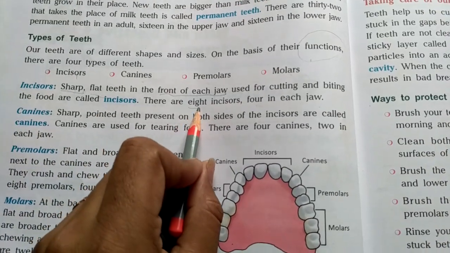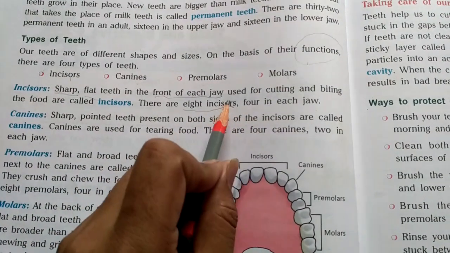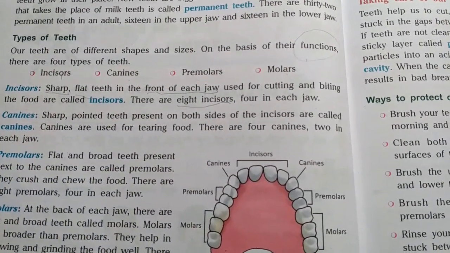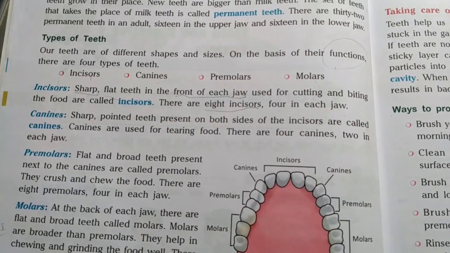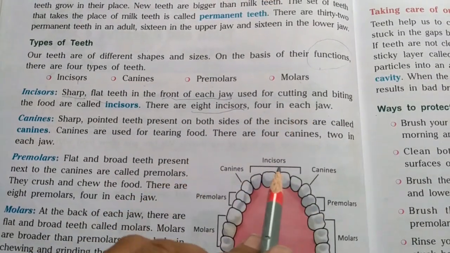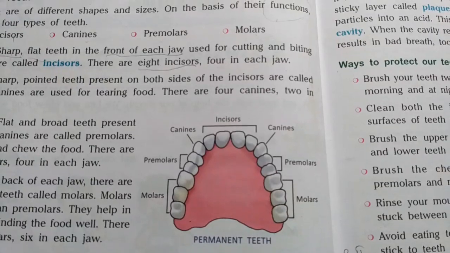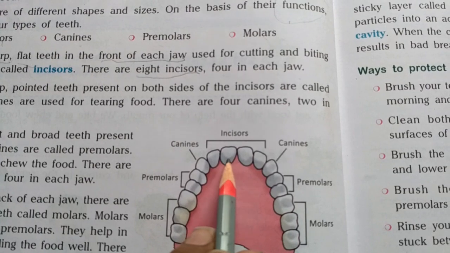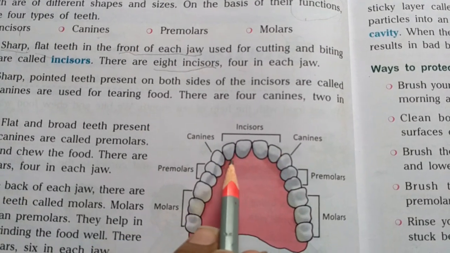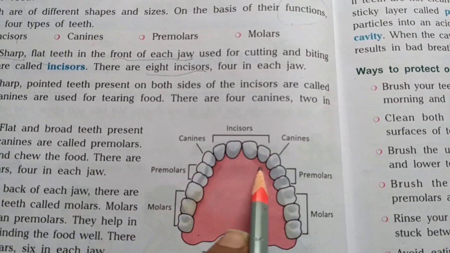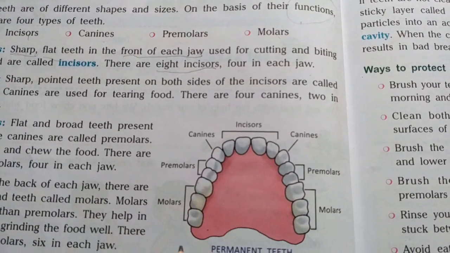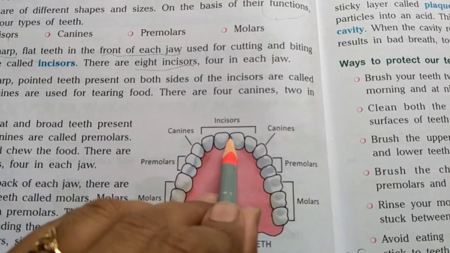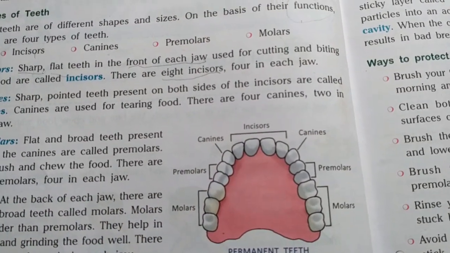And how many incisors are there? There are 8 incisors. Now, not all the 8 incisors are present only on the upper jaw or the lower jaw. There is an equal division of the incisors also. 4 incisors are present in the upper jaw, 4 incisors are present in the lower jaw. As you can see here in this picture, 1, 2, 3, 4. These 4 are incisors, and it is the view of the upper jaw. The same is also present as the lower jaw in our mouth. So 4 incisors in the upper jaw, 4 incisors in the lower jaw.